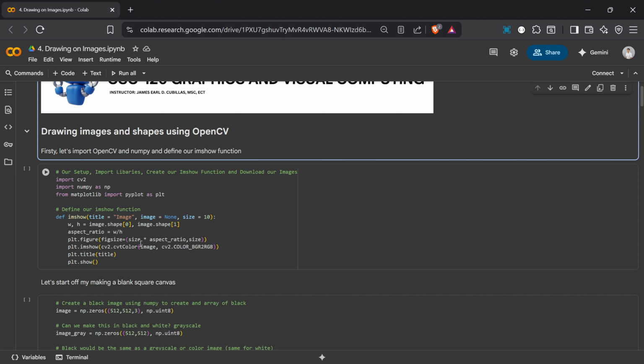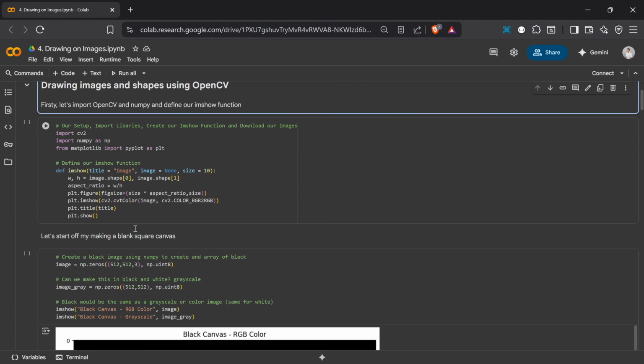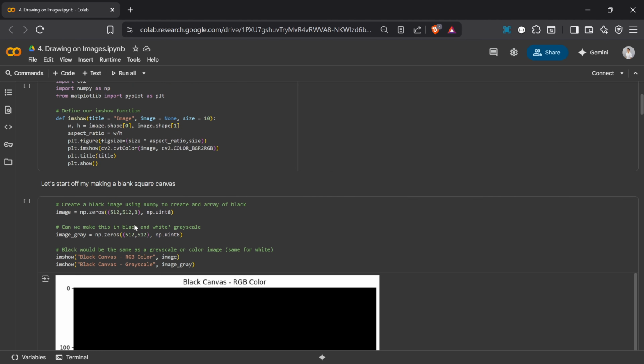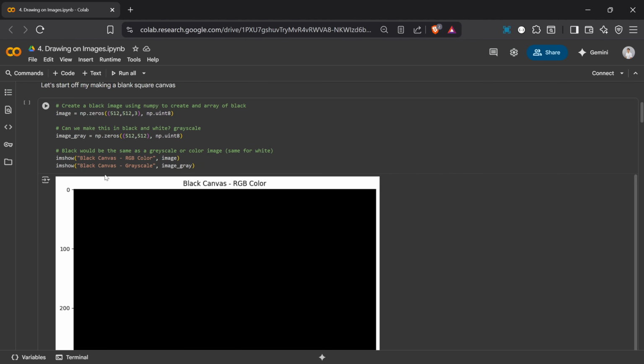This function helps us to render images with consistent width and height, or the aspect ratio in this case. As you can see here, this is the usual helper function for displaying images from our previous laboratory activities. To start, before we draw,